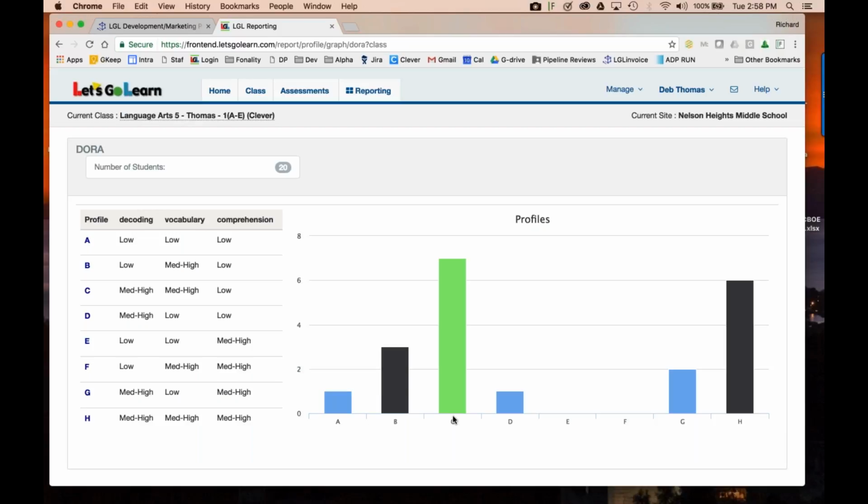These students here in C are good in decoding, good in vocabulary, but maybe a little low in comprehension. So that would be another group that you would focus on, right? This is really a nice way to create these groups very quickly. And if I click on the letter, let's say we want to take a look at the C students,